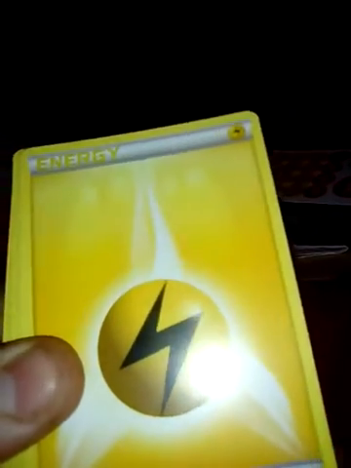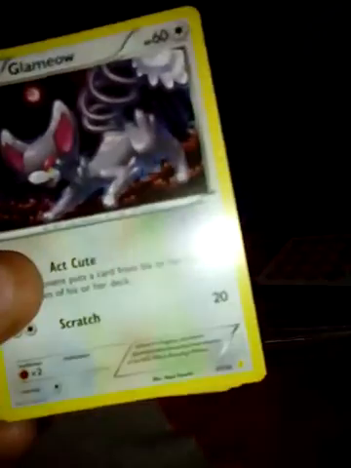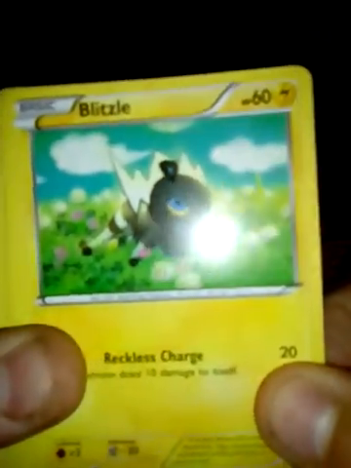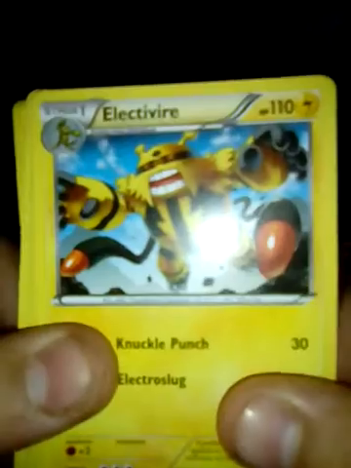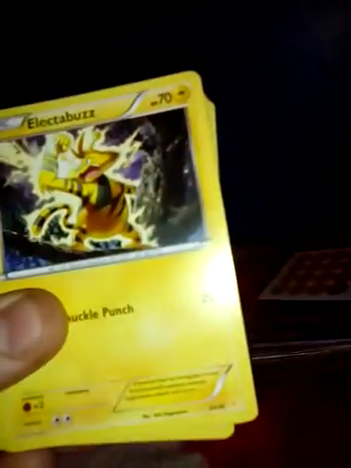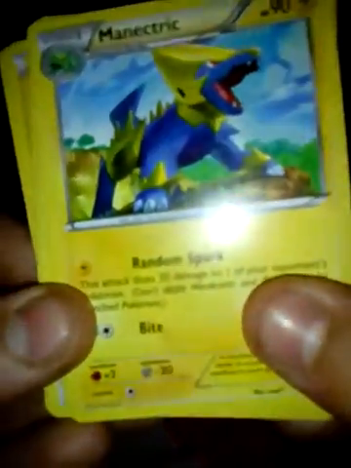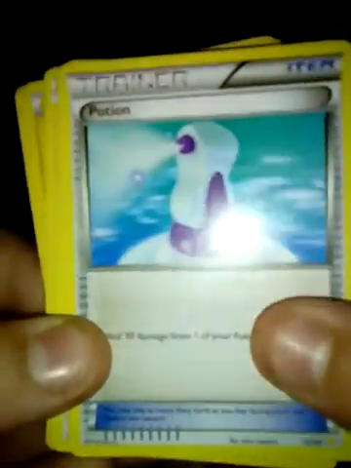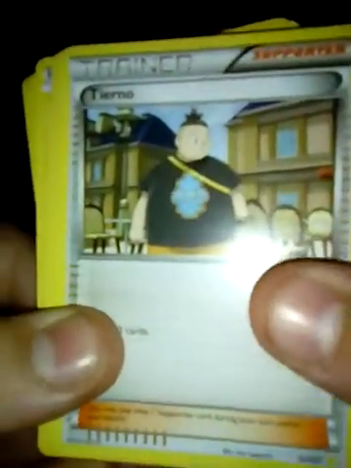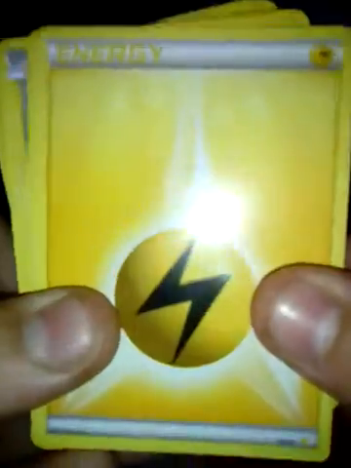So right off the bat, we got a Pikachu, we got an Energy, we got an Electrike, we got a Glameow, got a Blitzle, got an Electivire, Purugly. Then we got Electabuzz, got a Manectric. Ooh, that's one of my favorite cards. We got a Potion, got a Tierno, got another Purugly, got another Energy,